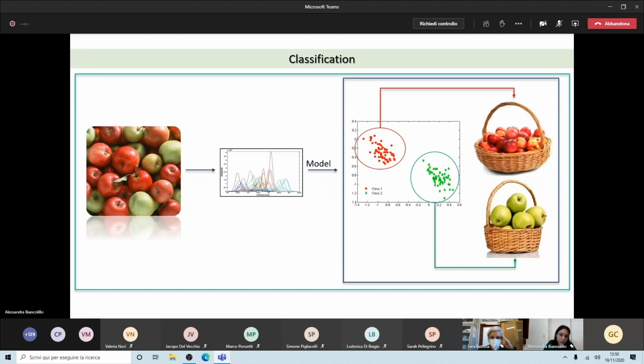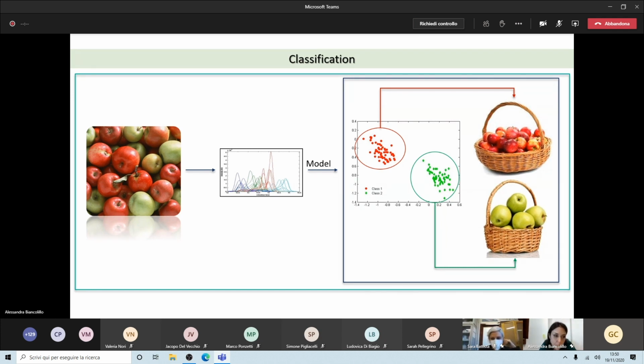This is probably not very clear, so I have shown here an example just to let you understand what classification is. So imagine you have a bag of apples, you have red and green apples, and you want to use a classification method in order to divide these samples according to their color.